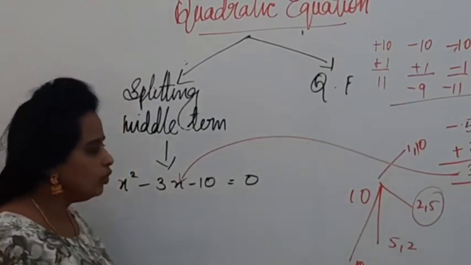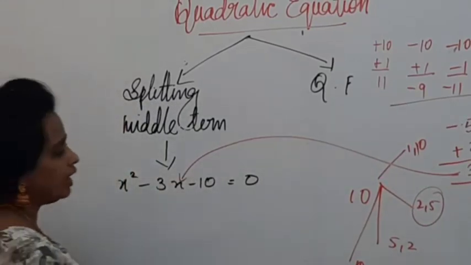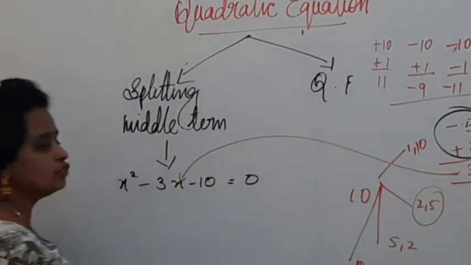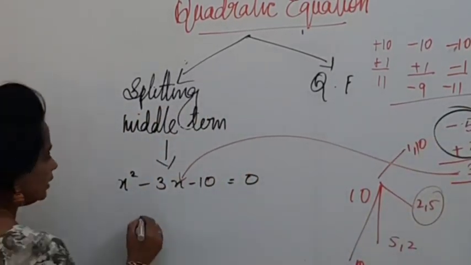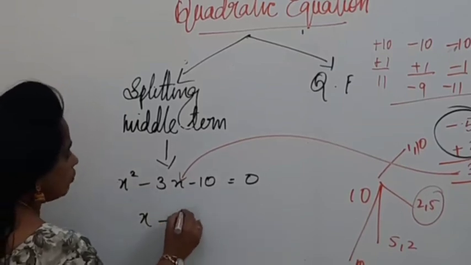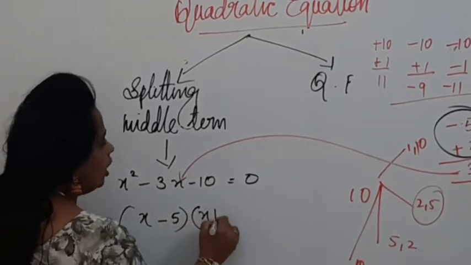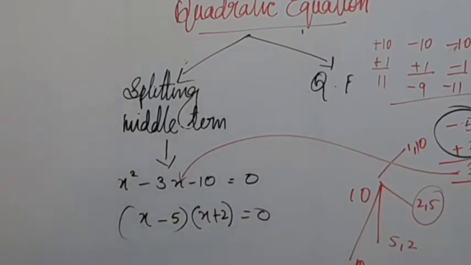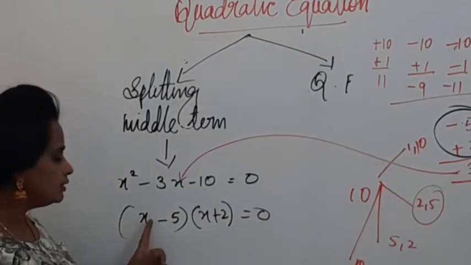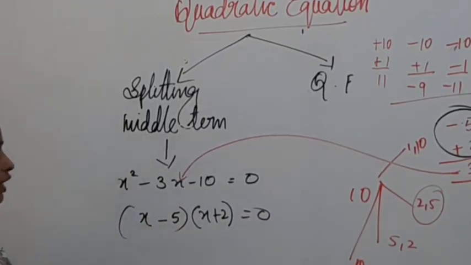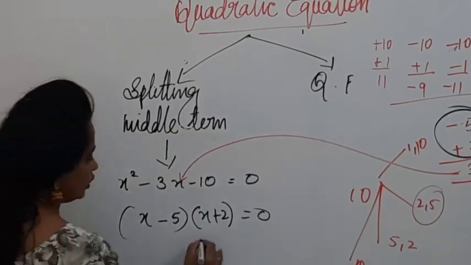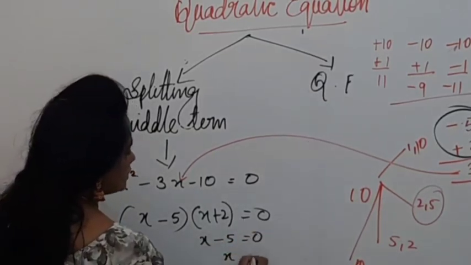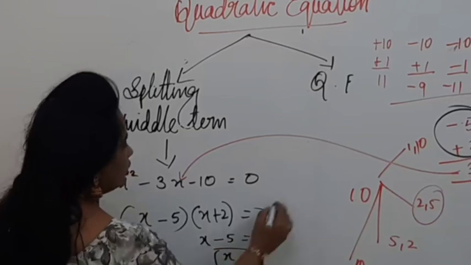I got it. So what am I going to do? I chose the factors with the symbol minus 5 and 2. So I can write x minus 5 and x plus 2 are the factors for this equation. So I found the factors: x minus 5 into x plus 2 is equal to 0. Now I equated x minus 5 equal to 0, that is x is equal to 5, my one solution,